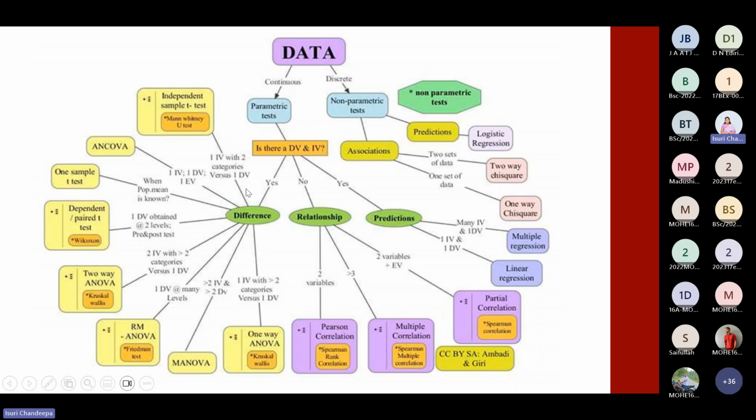You are given a lot of statistical tests. Next, if you collect continuous data and want to identify a relationship, you can test correlation, multiple correlation, and partial correlation. Then, if you collect continuous data and your research objective is to make a prediction and identify the impact,